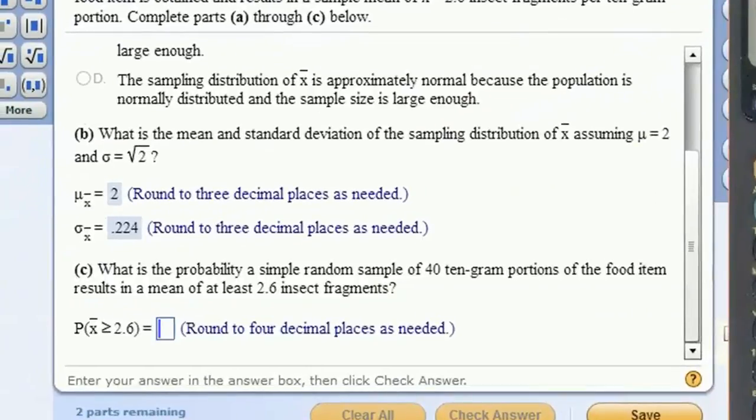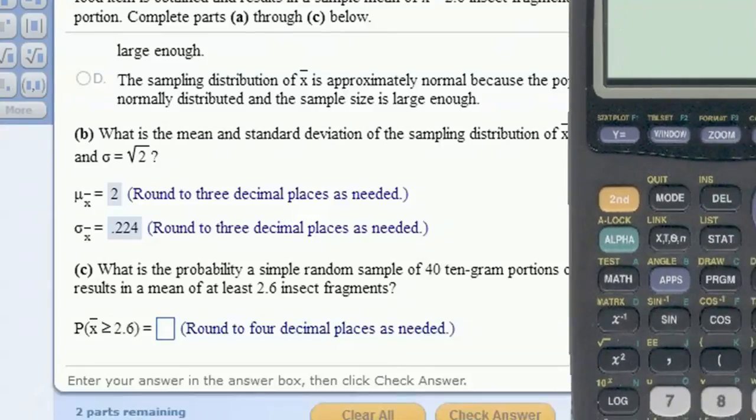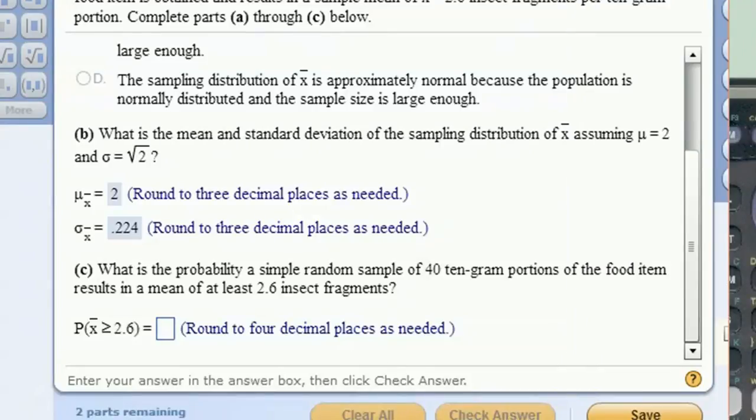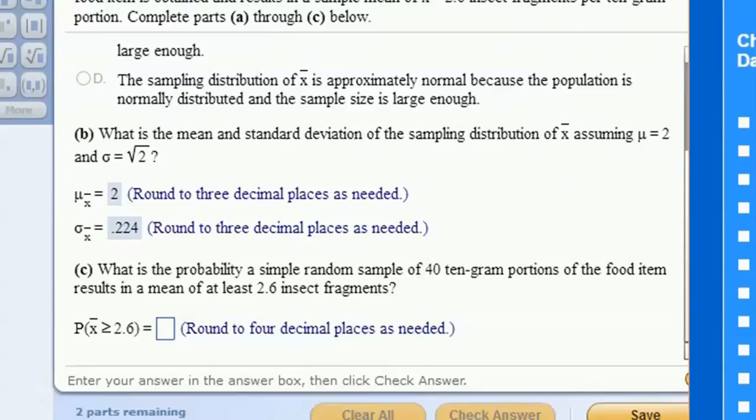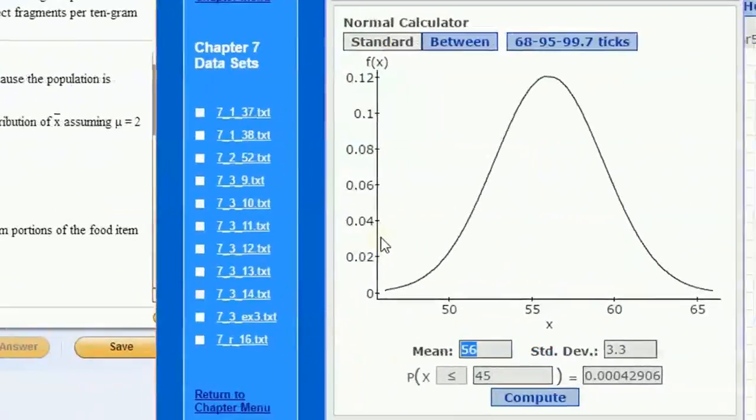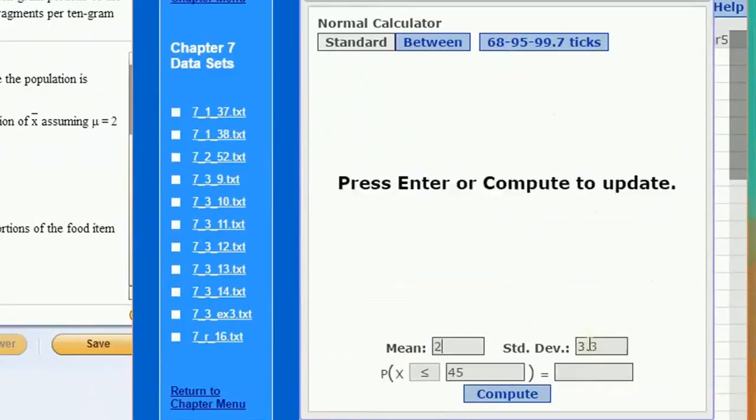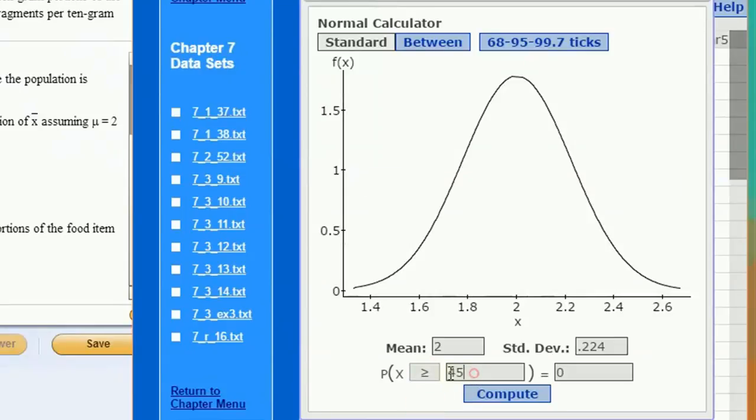Okay, now given that, this is coming from the central limit theorem, but what we can do now is put this into our probability calculator. If we have a mean of 2 for this distribution and a standard deviation of 0.224, we can calculate these probabilities. The probability that we get a value greater than 2.6 for our sample mean